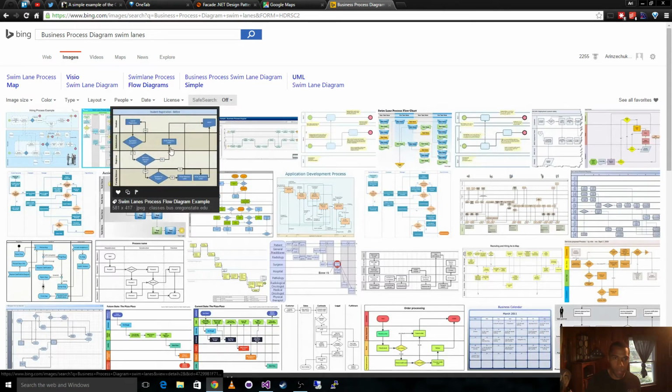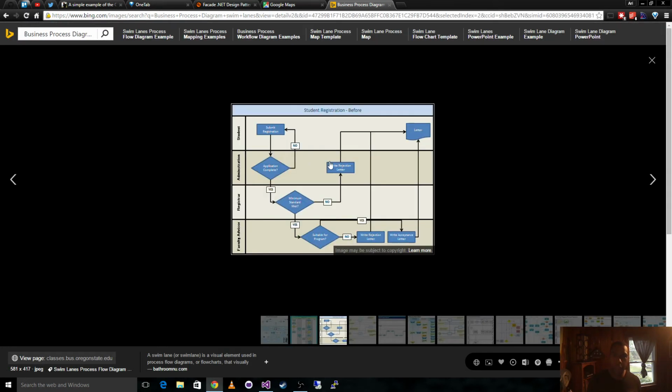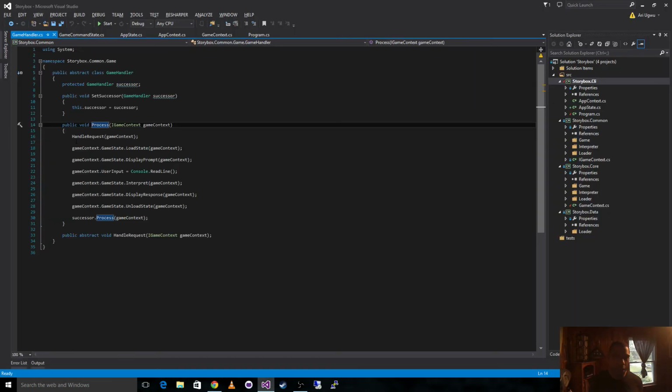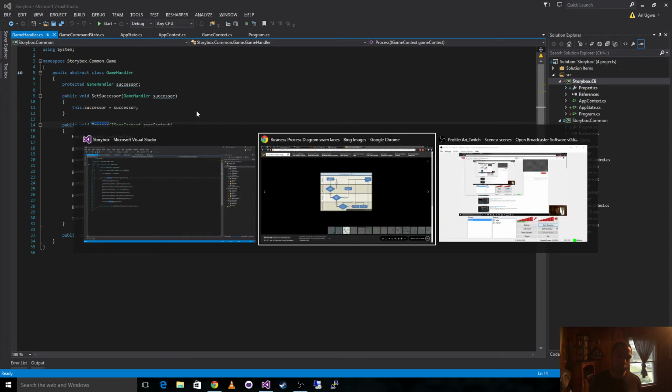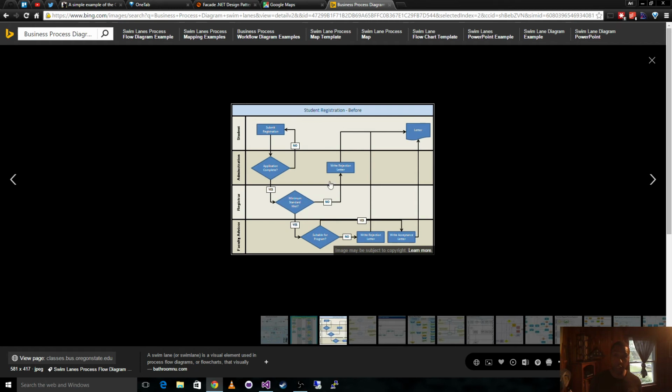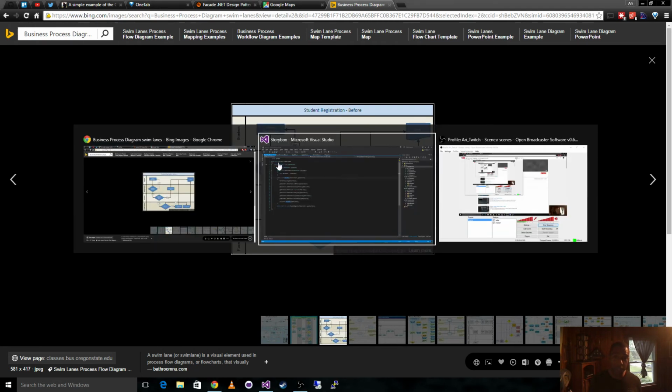I'm a big fan of being able to say, okay, in very simple words, is this big enough? I hope you can see that. Being able to describe your application at a high level. So if anybody comes along and says, hey, what does your module do? You're in charge of writing the game context, right, as a module. How do you plan on architecting that? What does it do? You should be able to draw this on a piece of paper very quickly, because all you're doing